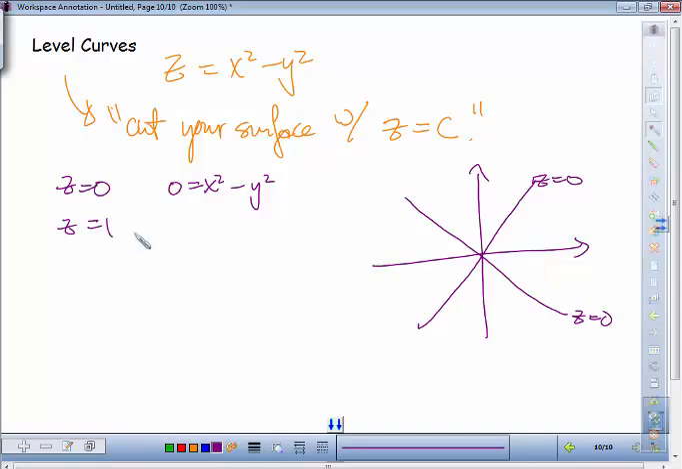Z is equal to 1. Looks like a hyperbola. The question is, which way is it going? Is it going up or down? So,